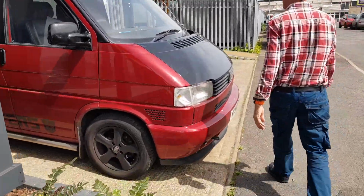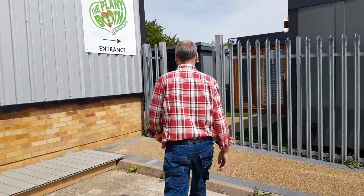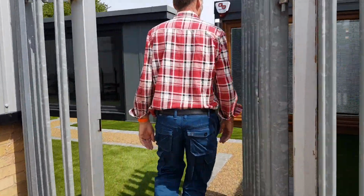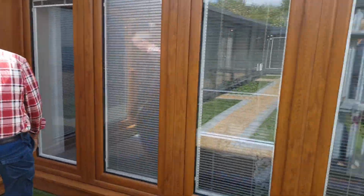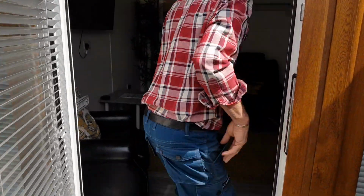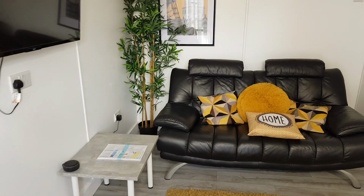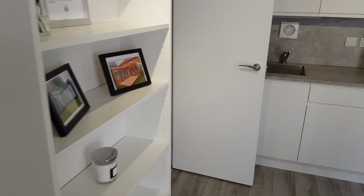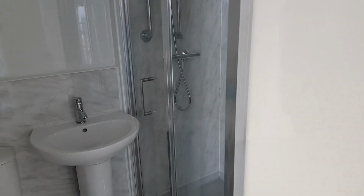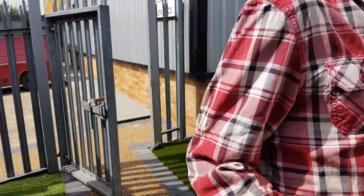All set up. I'm walking through the other part of the kibble room. We've got the, so this is the L-shaped annex. The L-shaped annex. As you can see, quick look around, so you can visit that. And the bathroom is in there. The kitchen. The bedroom. Coming out of there, we've got